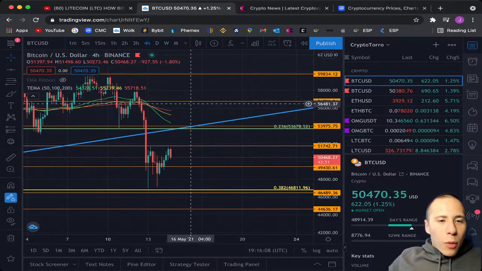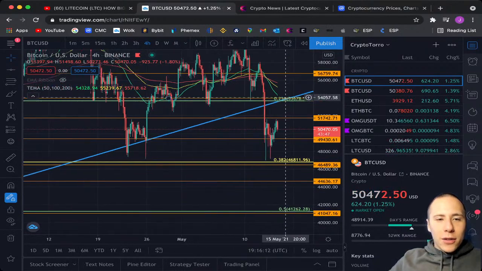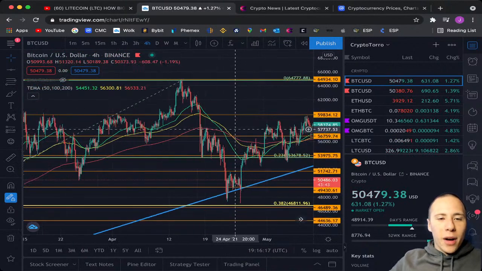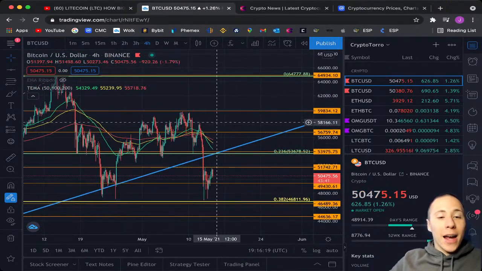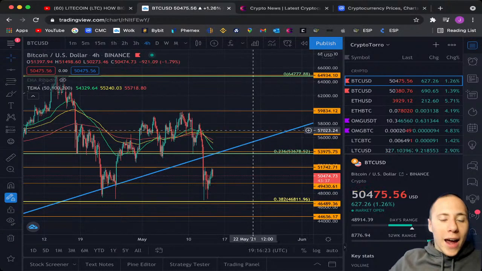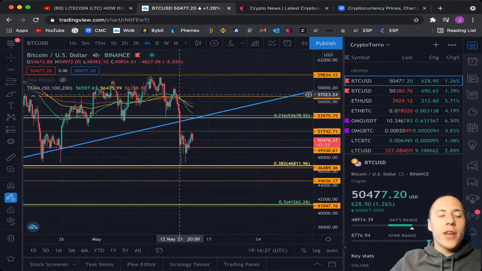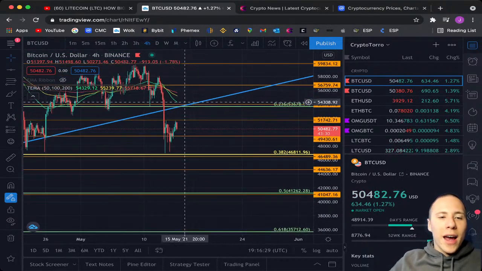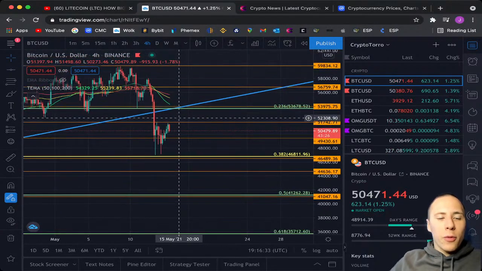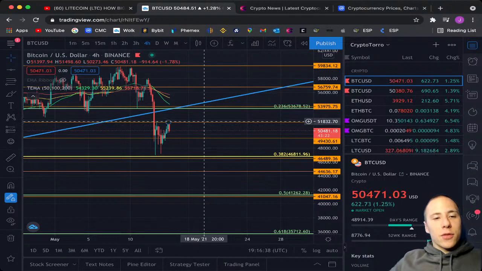What I think is very important is that I really like to look at the moving averages and see if we are trading above them, because these moving averages actually act as support and/or resistance. And what we are seeing right now is that we are below the moving averages, and once they go even further down, there will be a point when these levels will act as resistance for a while.